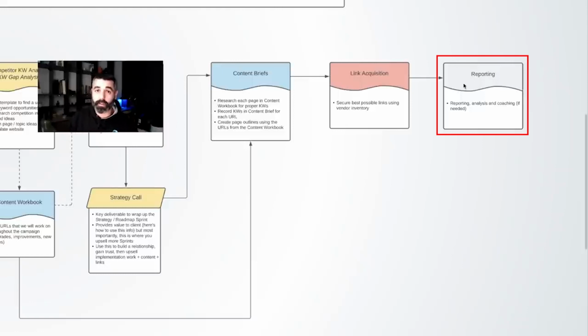We basically use these reports kind of as upsell templates. So we'll send it to them if they ask, once per month. You can also charge for that, $500 a month for reporting if you want to. There's another beautiful part about this whole system, which is the ability to tack on work very easily without doing a